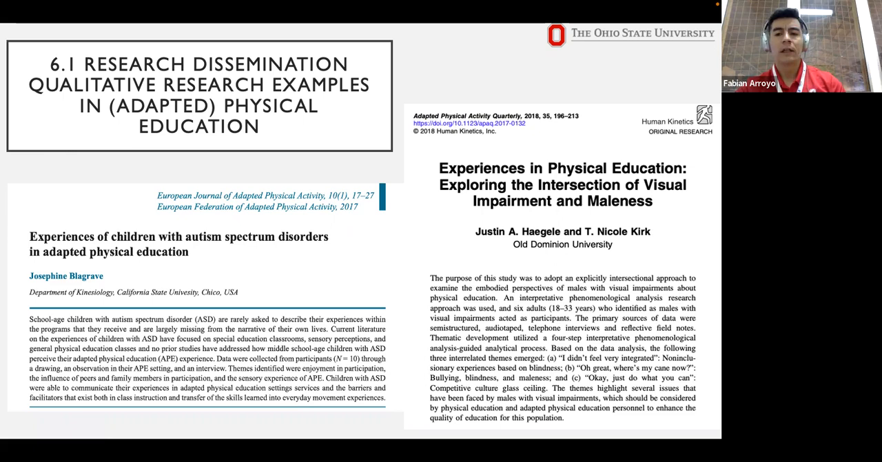So the purpose of the study was, through an intersectional approach, or intersectionality lens as a theory, to examine the experiences of males who had a visual impairment. All the interviews were performed through telephone, and they interviewed 6 different adults who identified themselves as males with visual impairments. Although they didn't use thematic analysis, they did use a form of phenomenological analysis, which is